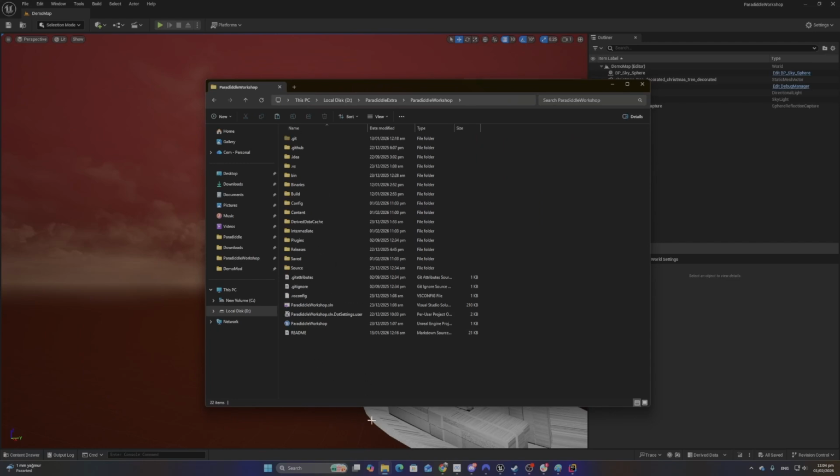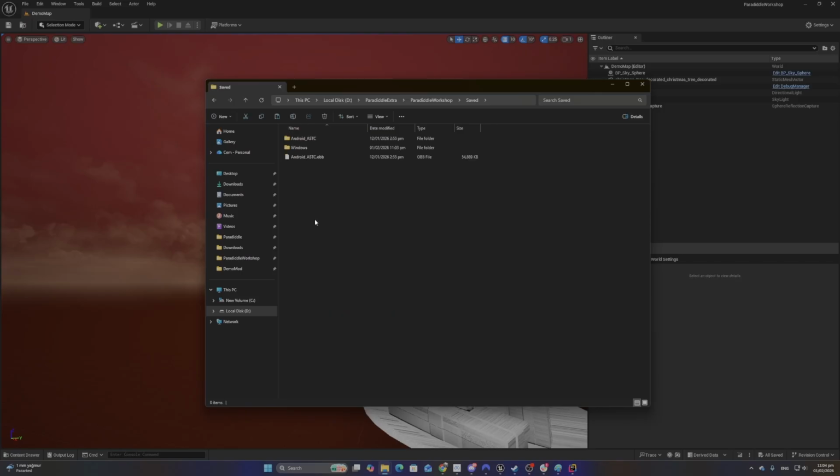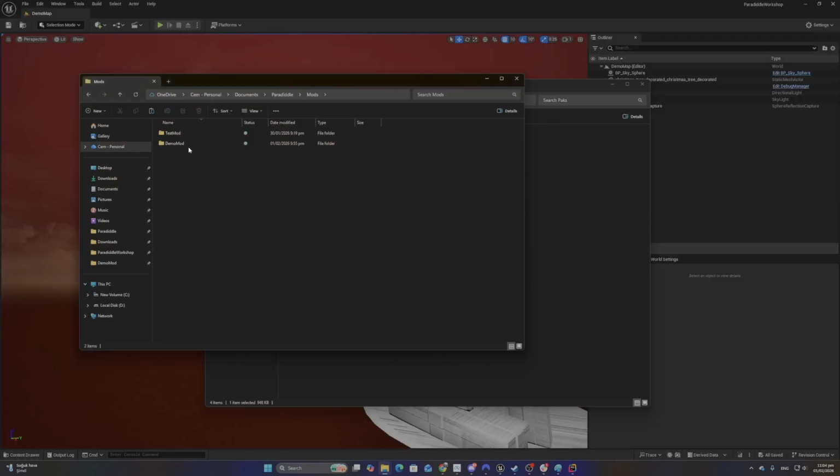So the project directory, go to Saved, StagedBuilds, Windows, workshop, content, paks, and there you go. There you see our pak chunk 12, right? So this is our mod right now. Congratulations to us. We have created a very simple mod, and it looks like it got packaged because I see some size here. So what we do here is copy it and paste it to the